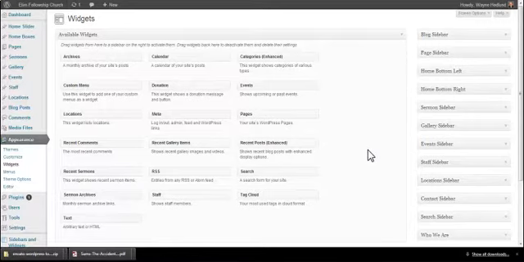Let me just add one more minor thing. If you're using the Risen WordPress theme, you may be tempted to use this calendar, and you need to be very careful. This calendar is not your calendar of events. This is a calendar of your posts. If you want to show your events, you'll use the events widget right here,